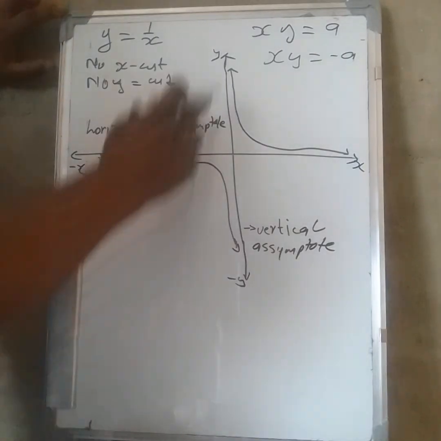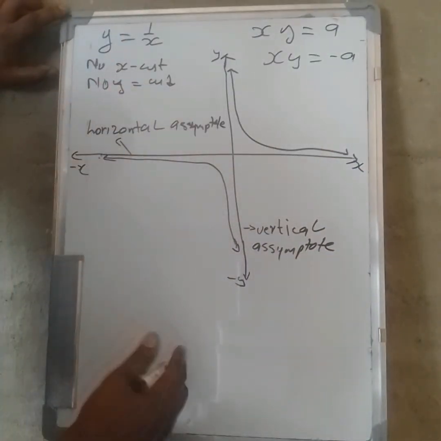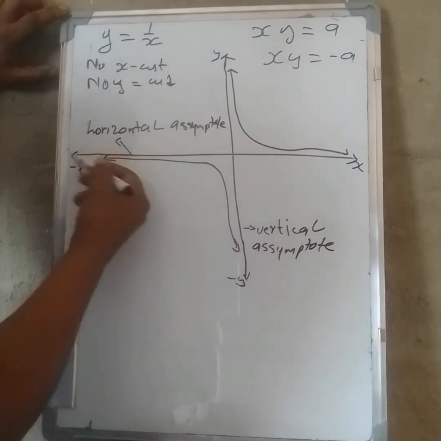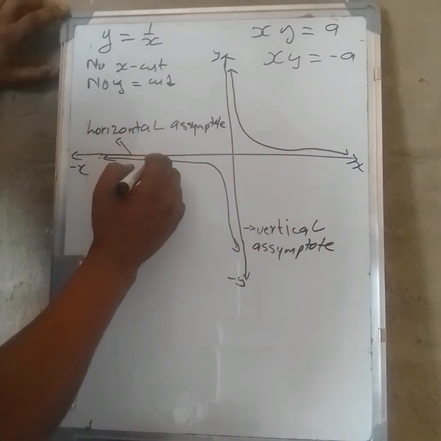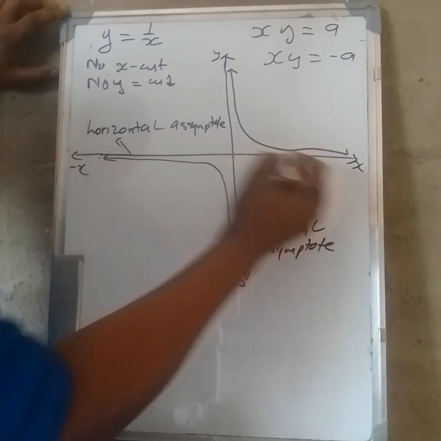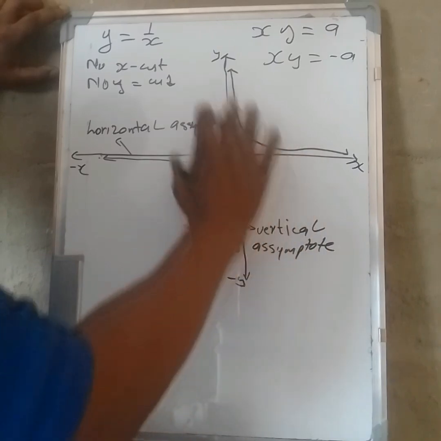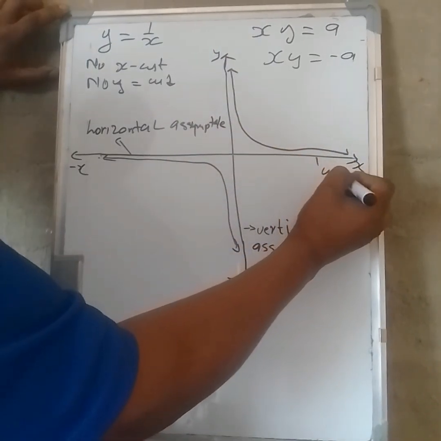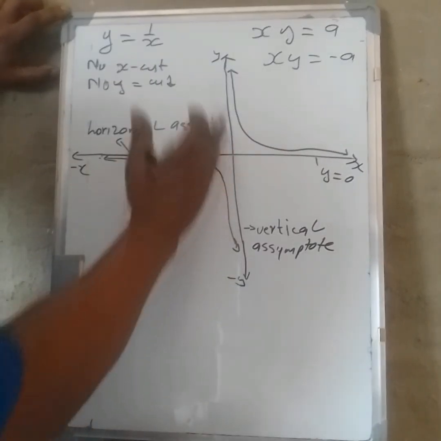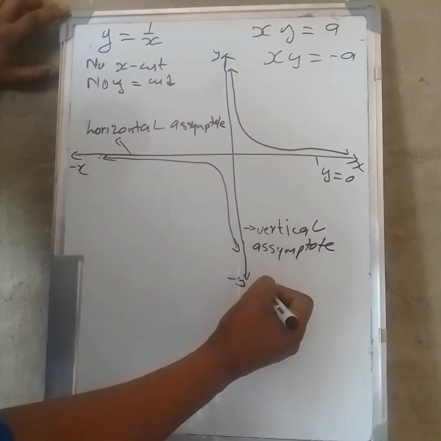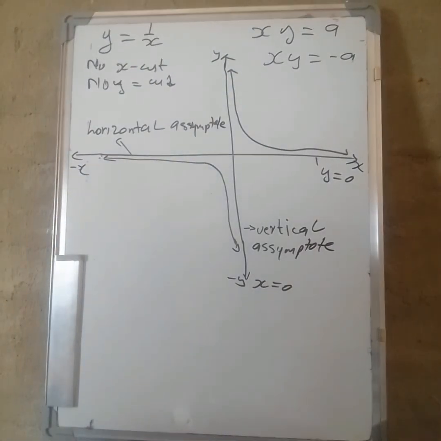And these horizontal and vertical lines, they've got equations. The horizontal, I beg your pardon, the horizontal will be y equals 0, and the vertical is going to be x equals 0. And now